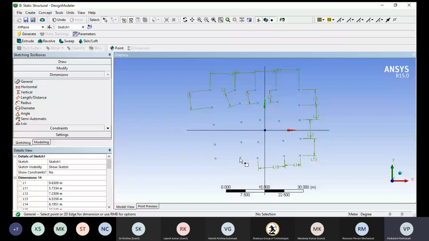So without disturbance, we need to work on every proper dimension. Due to this, the points may disturb or may disappear from your selection position. So let us properly select your dimensions without any disturbance. It's my sincere request to you guys. Don't disturb your points.